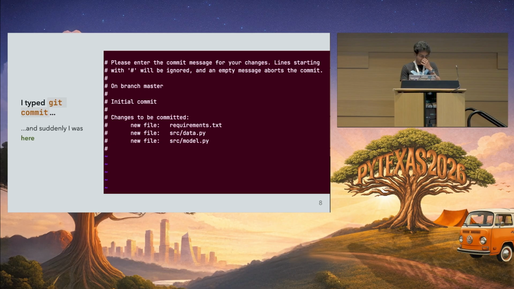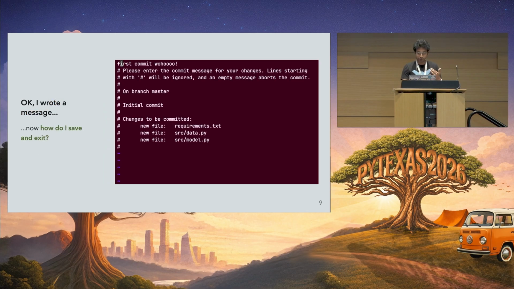So after struggling for about half an hour, actually, and I didn't want to ask anybody because everybody thought I'm the genius. So I finally wrote the message. I did not know what I typed, right? So I typed in my message there, and now the question remains, how do I exit, right? So how do I save and exit? Control S, nothing happened. Control C, I went back to where I was. And escape just beeped at me. I don't know what to do.